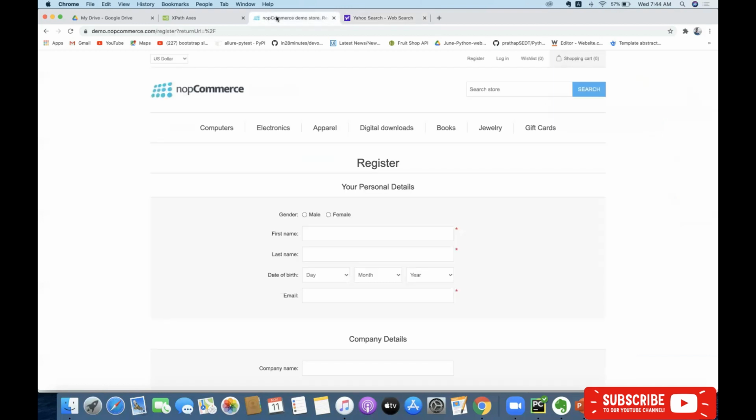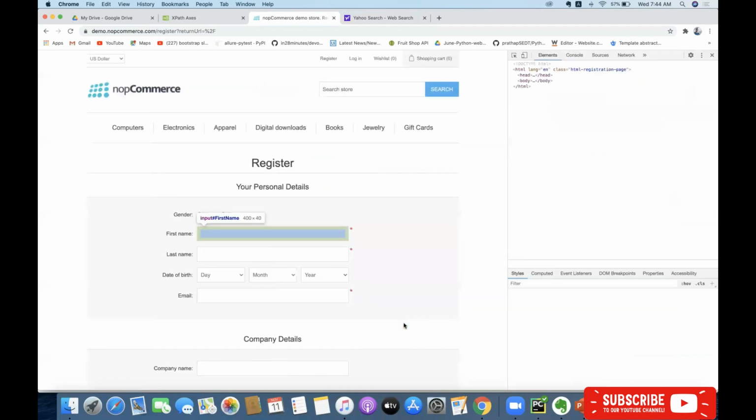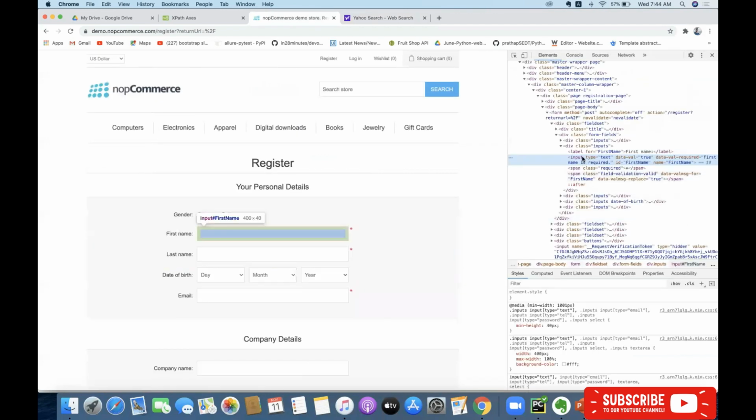Now let us write a good example where I can get only a single element using starts with. Take an example here. This first name is always getting some number, like first 90008 name. Assume that you are getting it like this. Now I want to identify only this particular element using starts with.